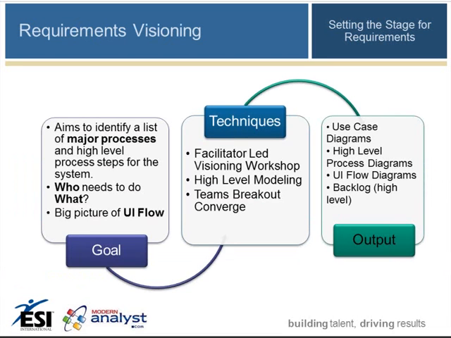If we look at the effort of requirements visioning as a process with inputs and outputs, our goal is to identify a list of major processes and high-level process steps for a system. It gives us a big picture, perhaps via user interface flow, of who needs to be doing what and to whom. The outputs are fairly standard in terms of the BA tool set: use case diagrams, high-level process flows, user interface